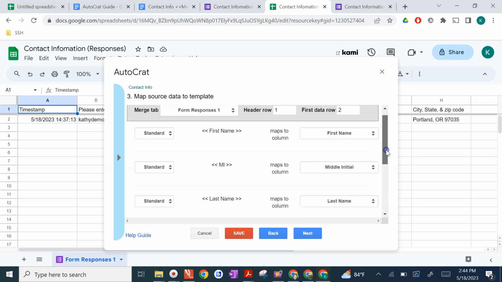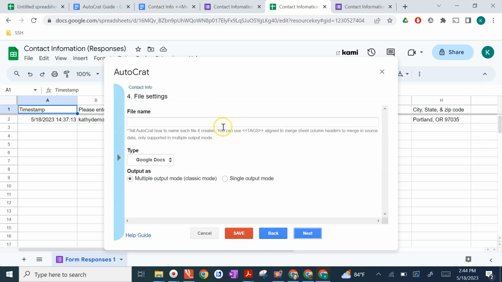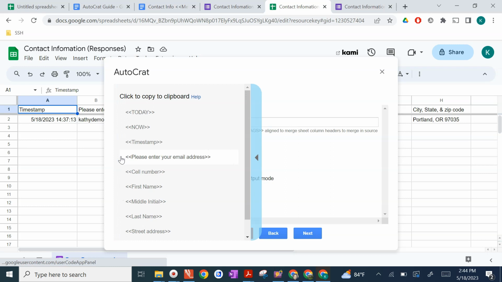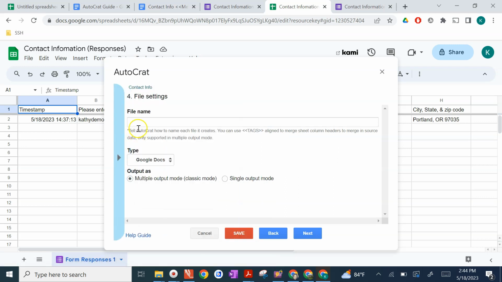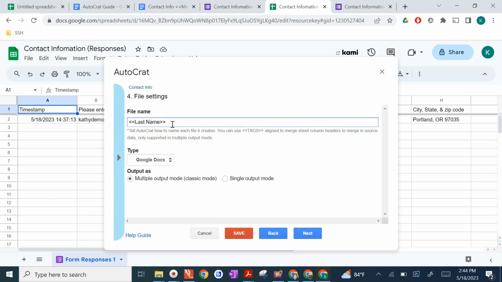Okay, so I've got all of these matched up. It says I have a header row. The first data row is in row 2. So now it wants to know the file name. So if you're going to have a whole bunch of different files, see, I'm going to do last name, first name. So I just clicked and then I hit Control V and contact info